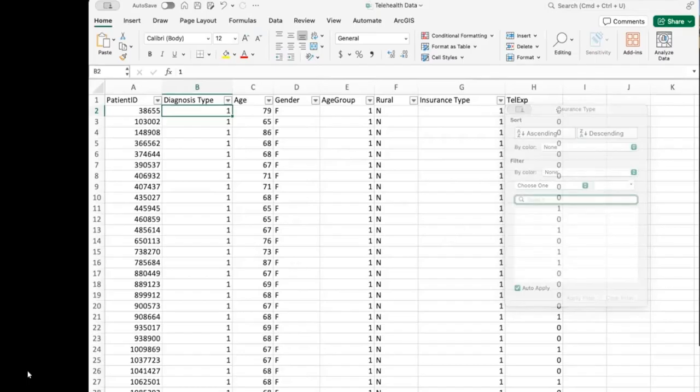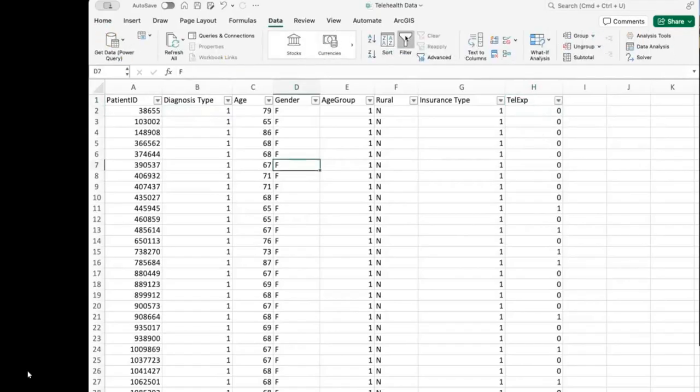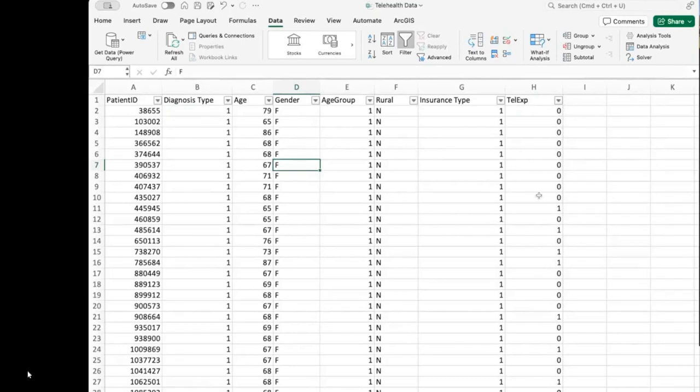Right? And then finally, our dependent variable, telehealth experience. Here we only have 2 values, 0 or 1. 1 means yes, and 0 means no. So whether the patient had telehealth experience during the period, 1 means the patient had, and 0 means the patient didn't. So the data set is quite simple, and to conduct logistic regression analysis, this time unfortunately we